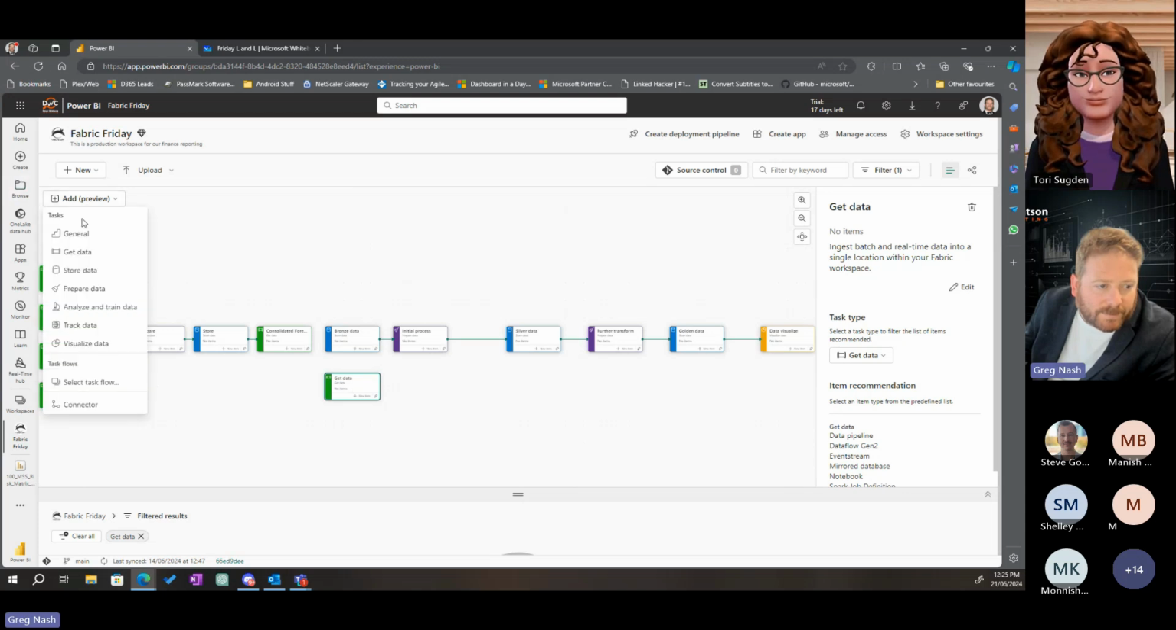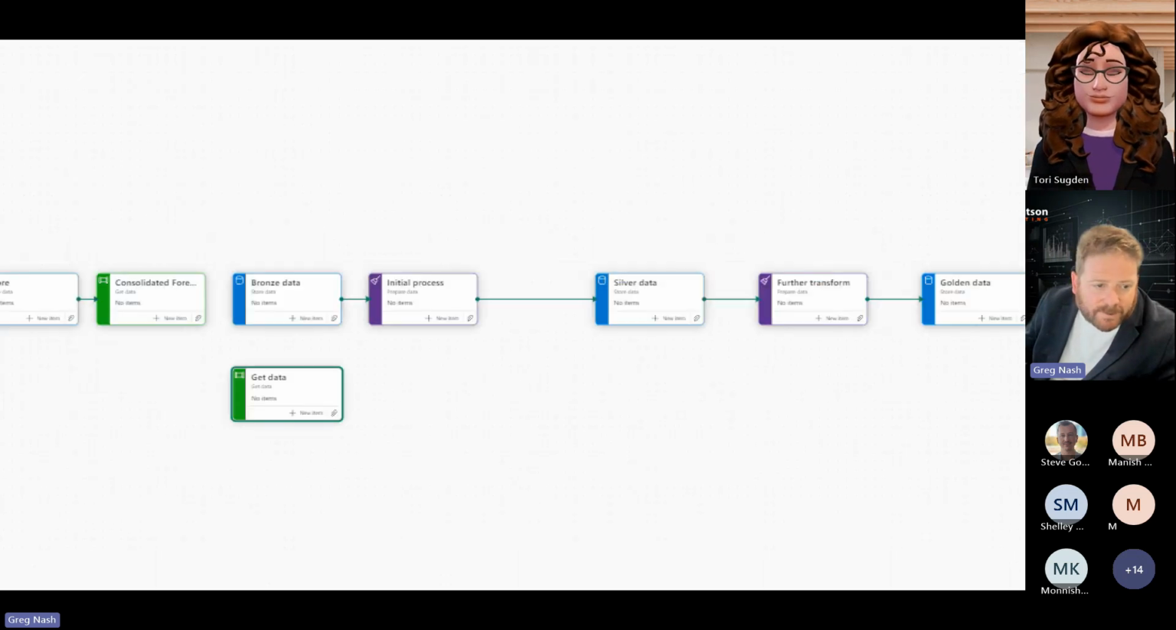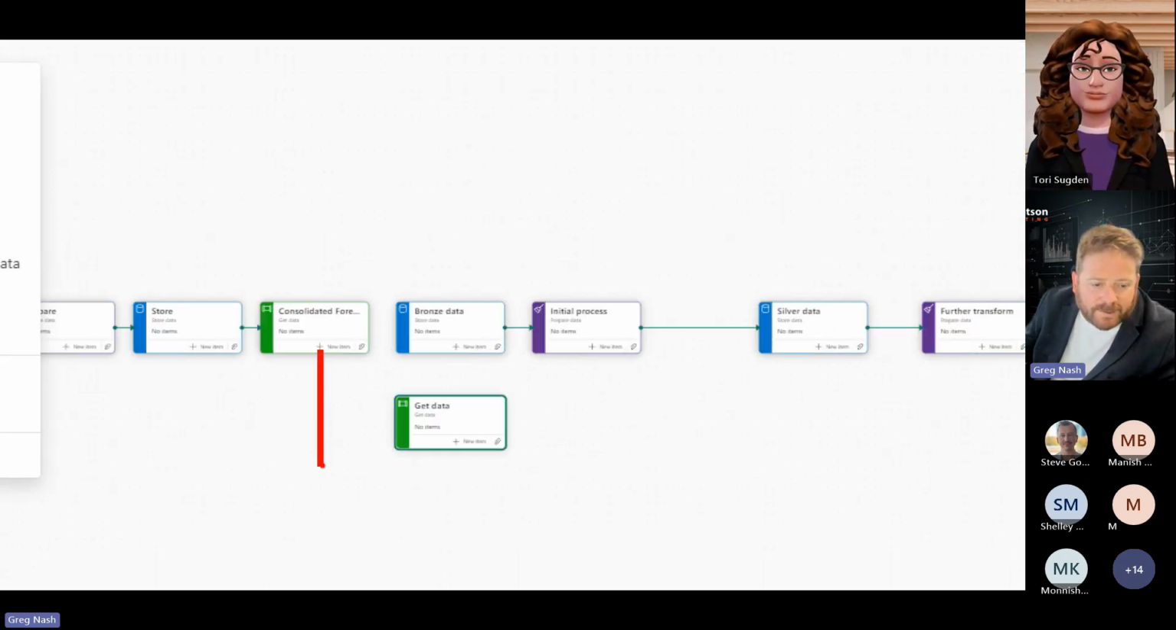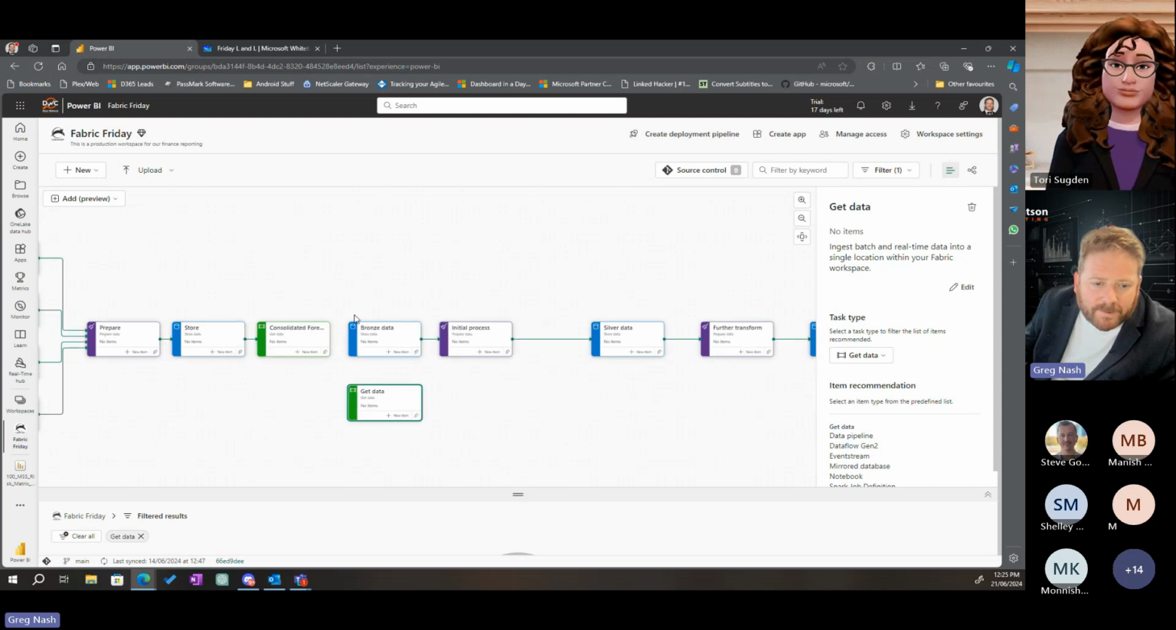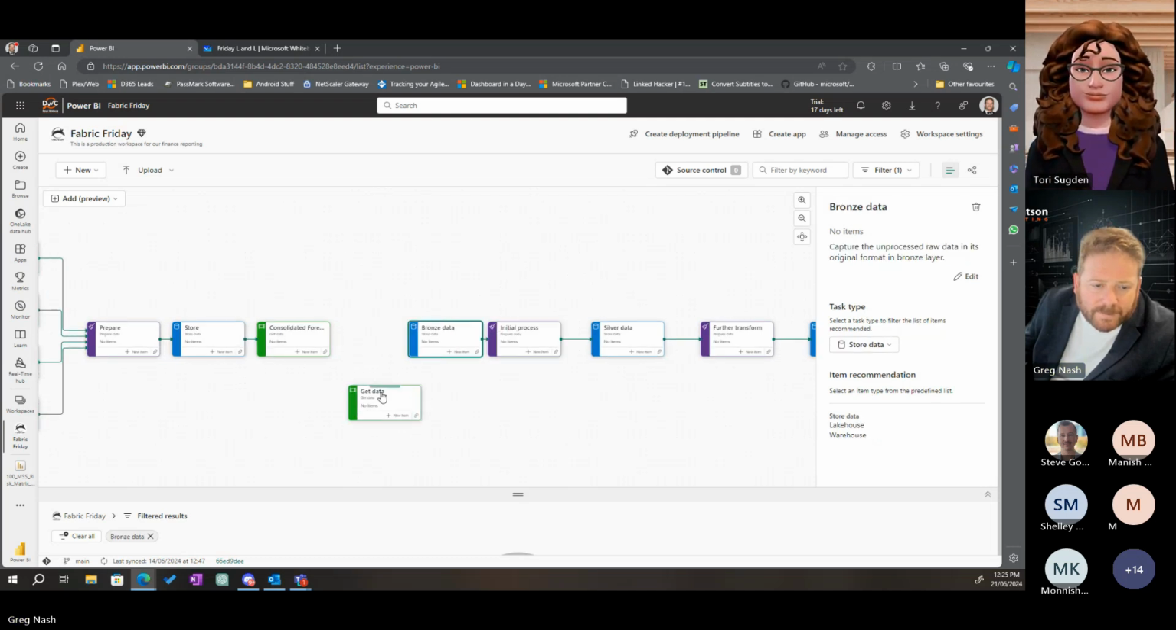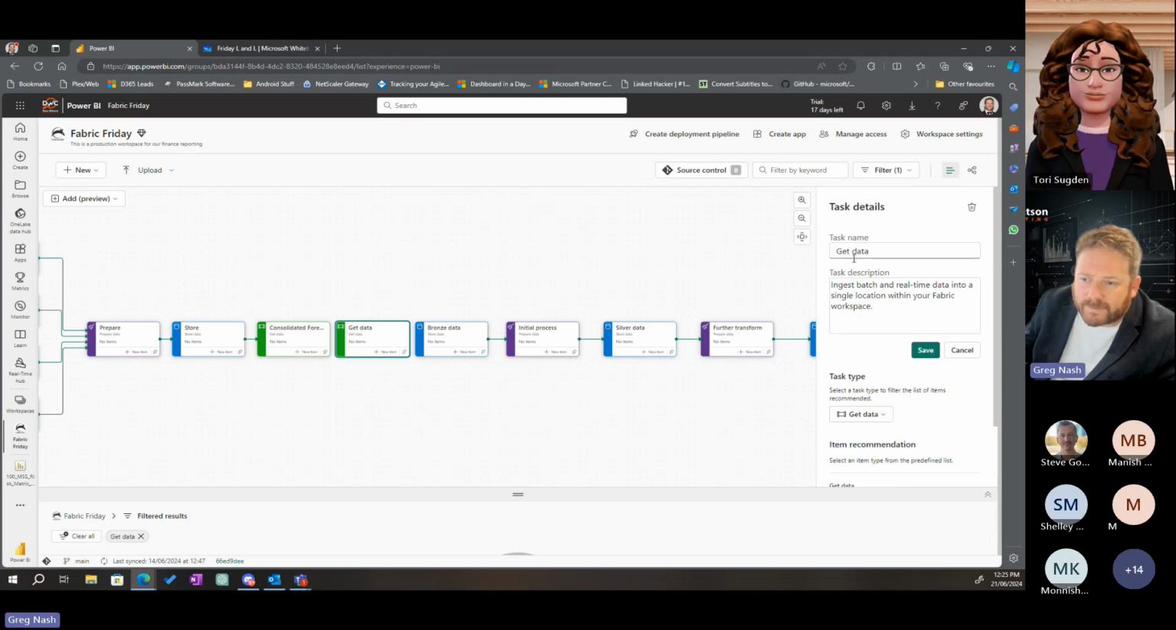And prepare data. Add, analyze and train data, track data, visualize data. Analyze and train. Maybe we turn that into a, no. Just to get data. So the consolidated forecast is, so what we're not showing here is the spreadsheet. So we go out to a spreadsheet and then go back into our get data. So task flows is only good for the things that are actually in Fabric, but we'll put them in. I guess if you were doing this in like Visio, you could show everything. So this is a get data for